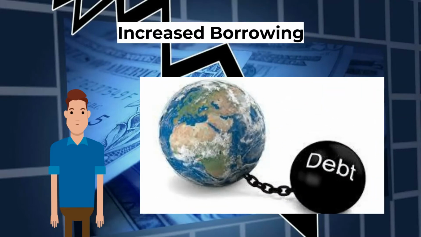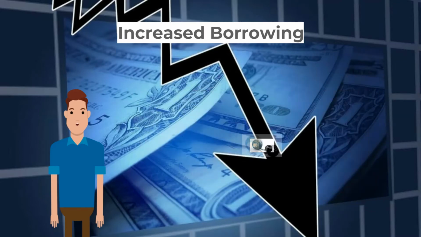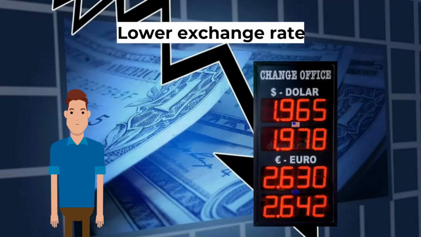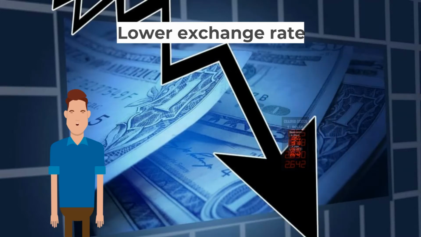Increased borrowing. Countries need to borrow money or attract foreign investment in order to rectify their current account deficits. In addition, there is an opportunity cost of debt repayment, as the government cannot use this money to stimulate economic growth. Lower exchange rate. A fall in demand for exports and/or a rise in the demand for imports reduces the